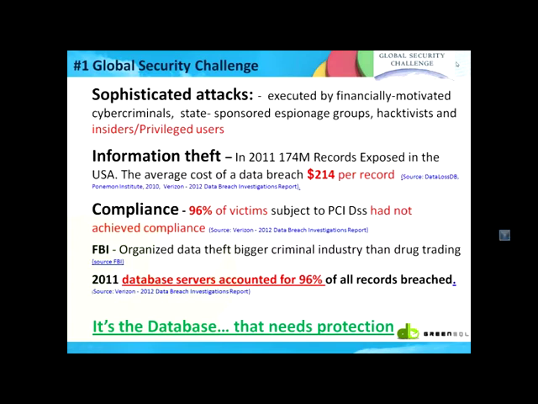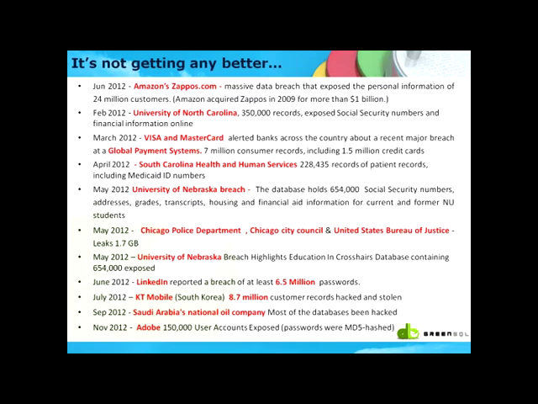And databases, as I mentioned before, can be your private database. It can also be your commercial database. It can be any type of database. And even though information security has been growing tremendously in the past few years, it's still not getting any better. These are just a few highlights that you can spot, and you can find much more online today about which organizations have had a major security breach and had a lot of their information stolen.